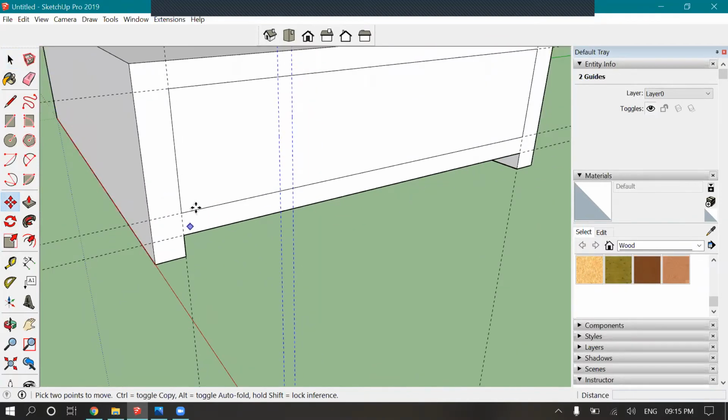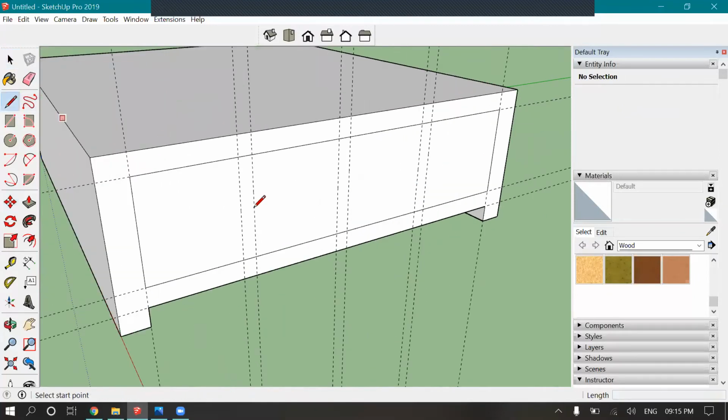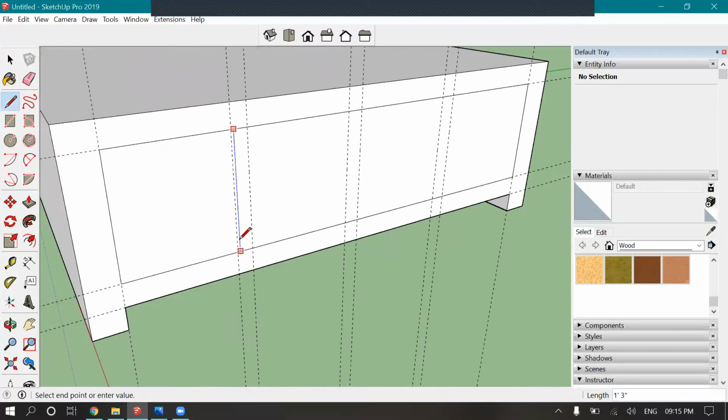So now what we need to do is copy our guided lines to the other part. All we will be doing is first select the lines, copy, select the move tool, and then copy. So this is our reference point, and we'll be pasting it right here, and do it once more. So these are our available spaces for our rectangles. So we need to just draw the lines.